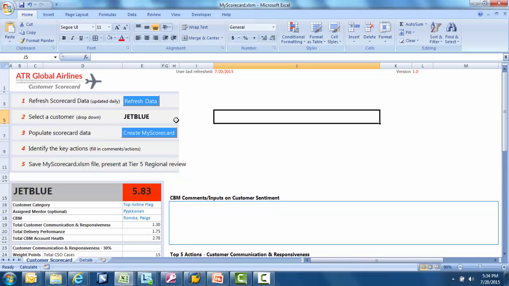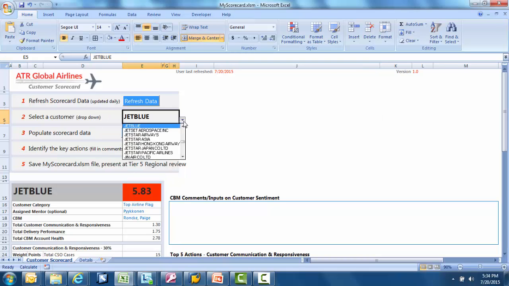So every time you open up this file, you can technically update your data if you'd like. So the idea is before every weekly tier review you have as you prepare, you can go ahead, open up this file, you can refresh your data, and then that way you have the latest and greatest when you're actually doing your review. So step 2 is you select your customer, and from here I'm just going to select, let's